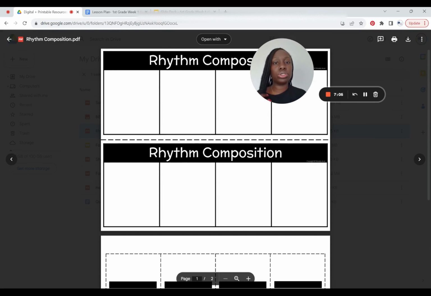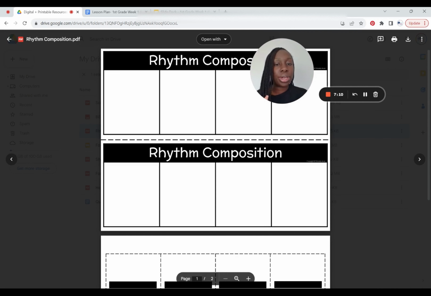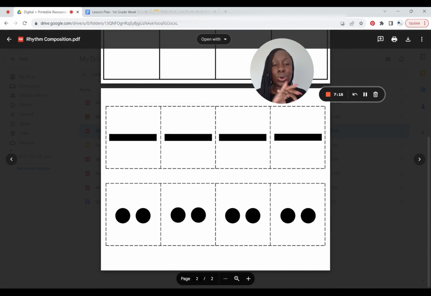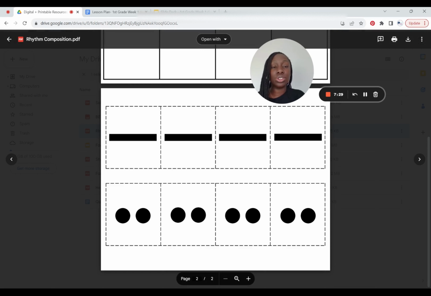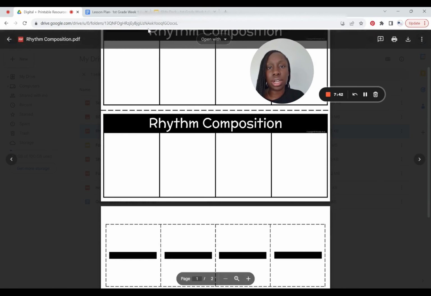So I don't have a slide for it, but it is a part of the lesson plan. What I encourage you to do is to laminate this so that you're not reprinting. So you laminate this and then you add the Velcro dots. This is even great for a center, and they could just create their own long and short composition, and they'll just take it off, continue to create new rhythms and practice the long and short rhythms like that. Okay, but like I said, you have access to this. There's not a slide for it. I probably felt like you didn't need a slide, but you have access to this printable in the lesson plan.